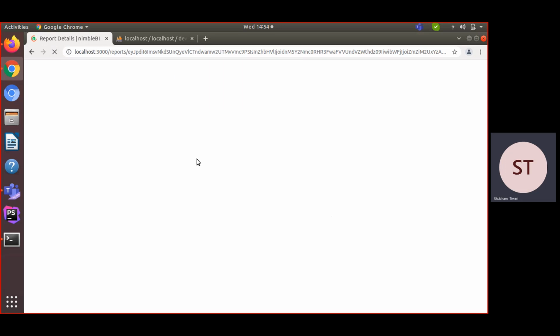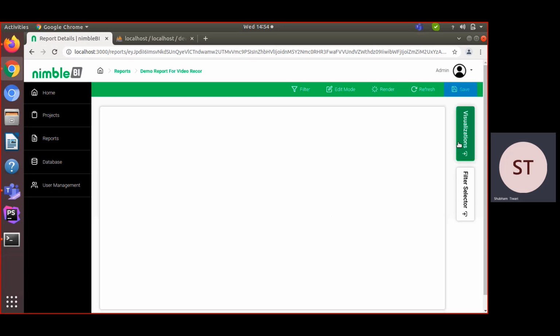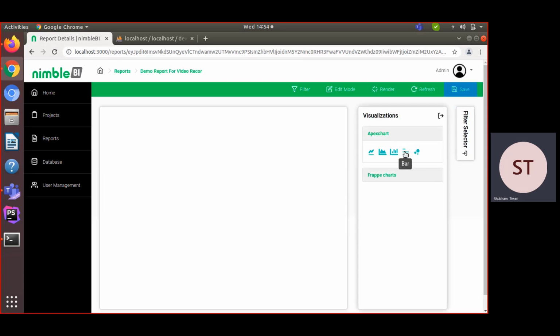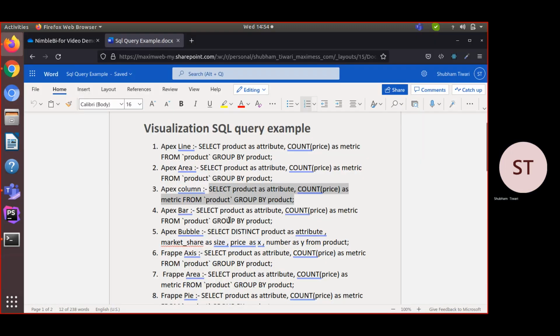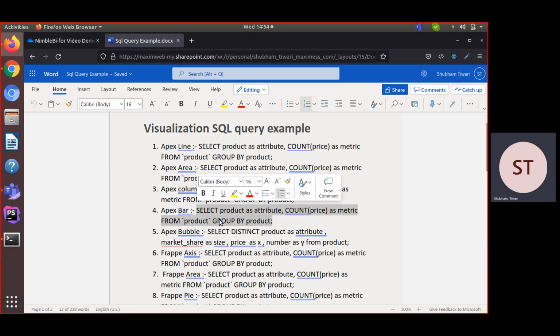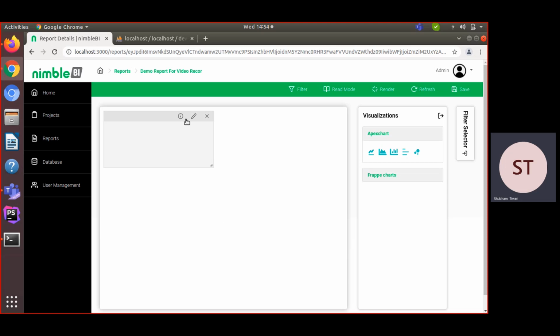Okay. So clear it and now choose your next. So next is our bar. So first enable edit mode, click on bar and copy the MySQL query. Okay, Apex bar, click.